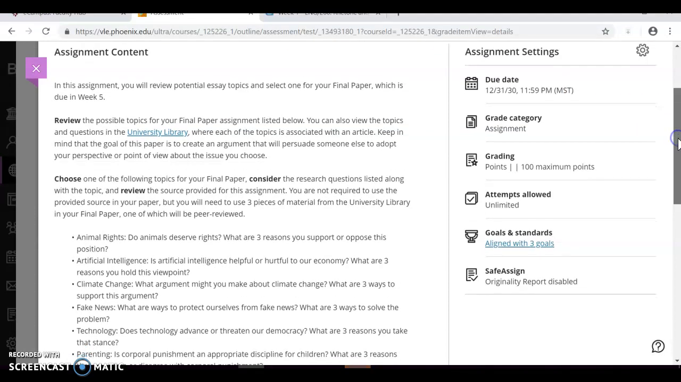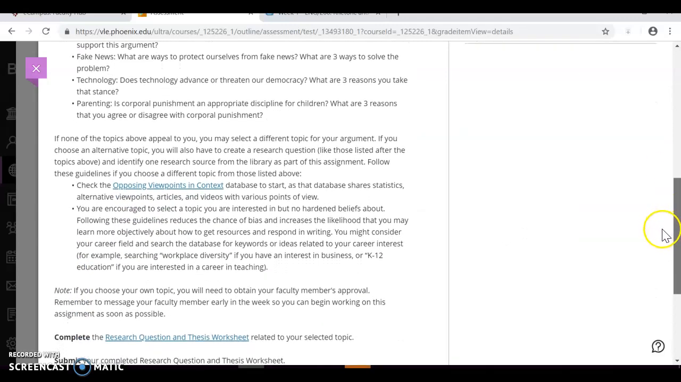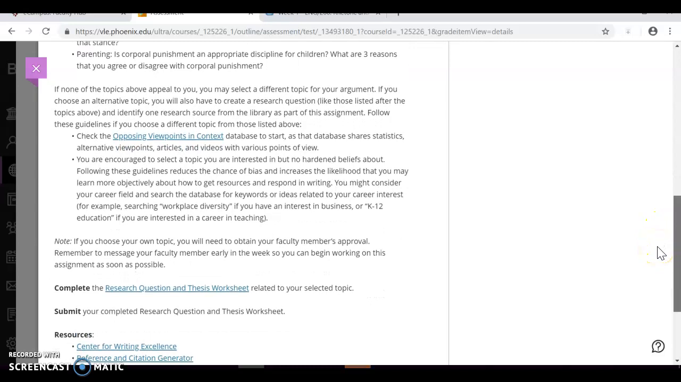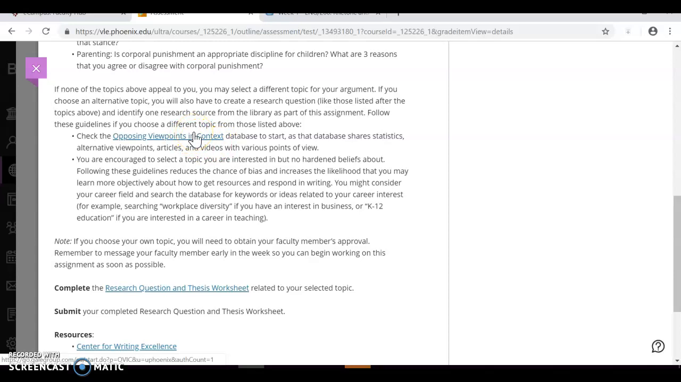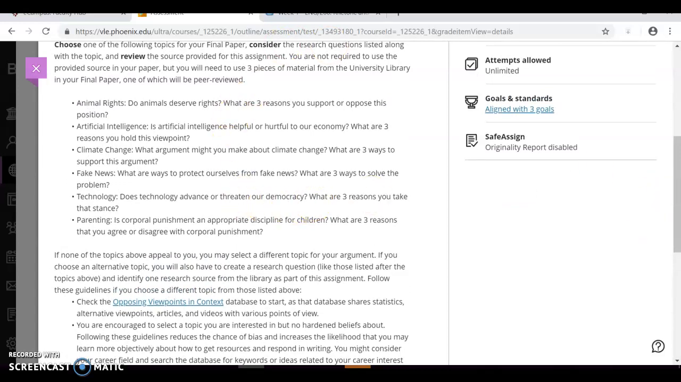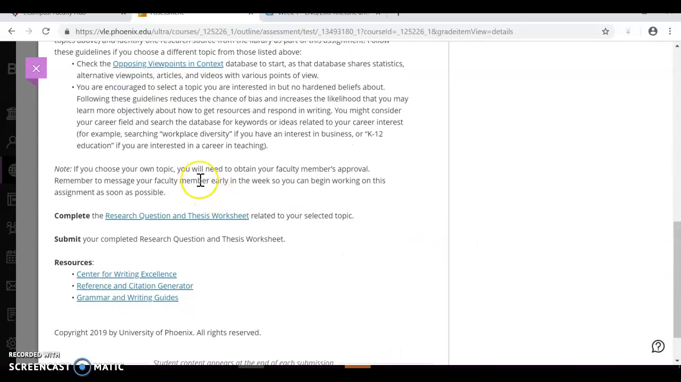If none of these topics catch your eye, then you are permitted to find a topic of your own that needs to be approved by me. The directions explain that you can use the Opposing Viewpoints in Context database to come up with a topic. And you are going to want to have one article from either the library or from Opposing Viewpoints in Context to review for your topic, just as you would if you'd picked one of the topics that are pre-selected for you. It is important to note that you have to have approval for your topic if it is not one of the pre-approved topics on this list. So make sure to reach out to me early in the week so you can get approval